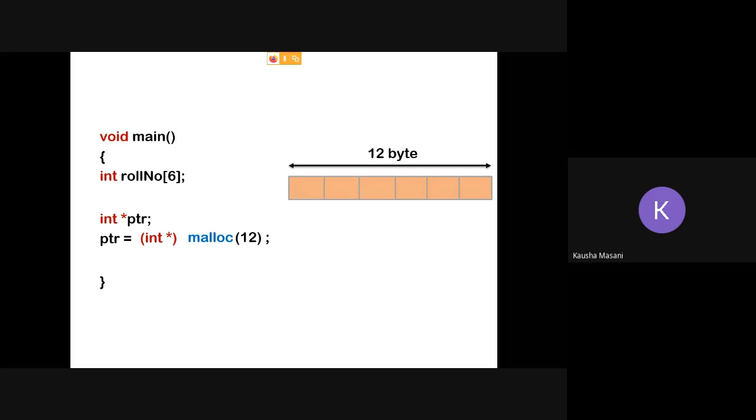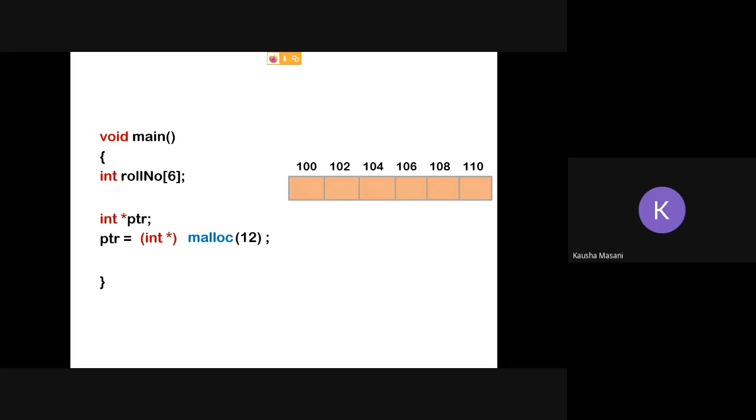So look here, in this example, when malloc 12 is executed, a memory block of 12 bytes gets reserved. So you can say a total of 6 blocks got reserved, and each of them has an address.